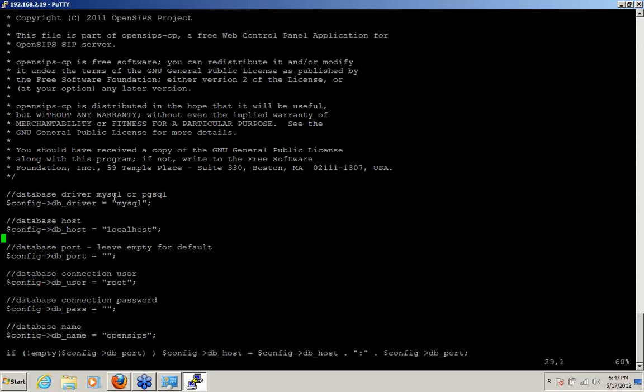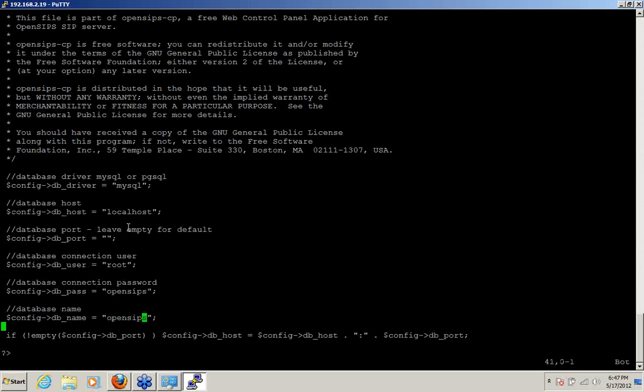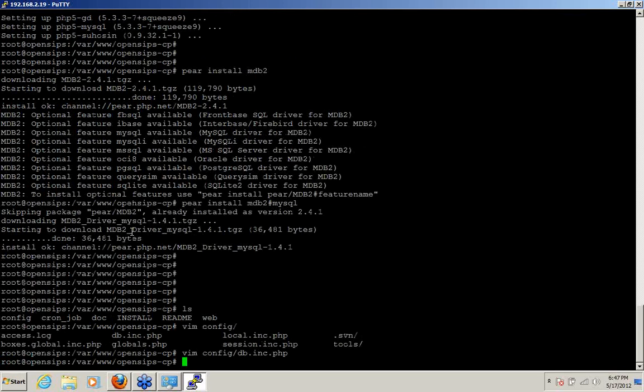You can configure the driver, be it MySQL, PGSQL for Postgres, etc. The host, the port, you can leave blank for default. The username and the password, and of course the database name, and that's about it here. So you just be careful to set up your password and host name, okay, and after that we'll be going